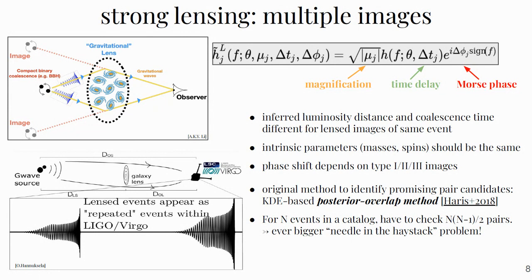And then what the waveform looks like, if you have some initial parameters, then you add your new parameters: the magnification, the time delay, and the so-called Morse phase, which is just an overall phase shift from the potential it goes through. So what happens is that your inferred luminosity distance will be biased because of that magnification if you don't take lensing into account. And the coalescence time is completely degenerate with the parameters you already infer. So basically your intrinsic parameters, the masses and spins of 2 images of the same source, should be the same. You just have this overall magnification, time delay, and phase